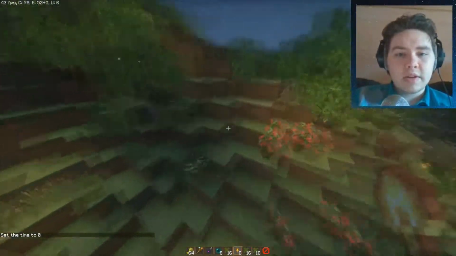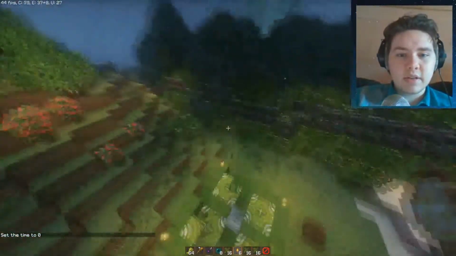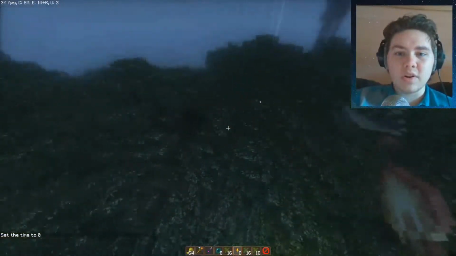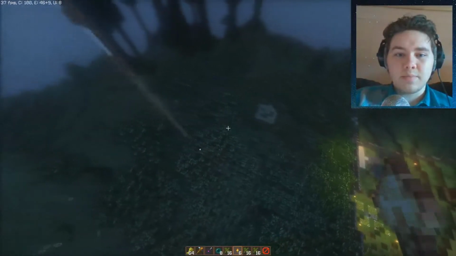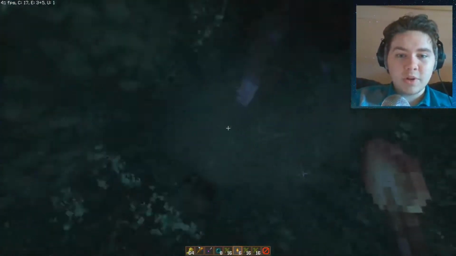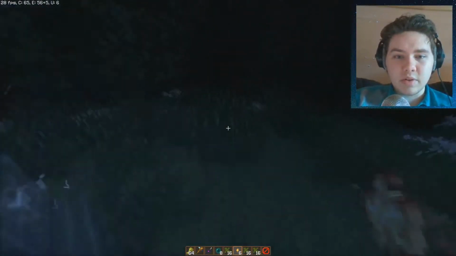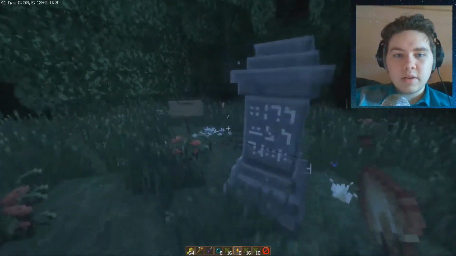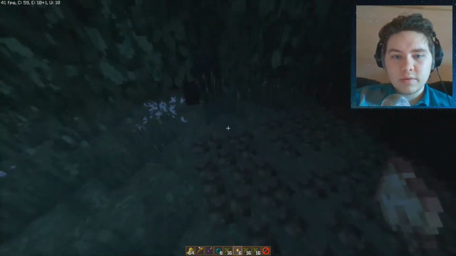You can see when you're looking at it in the daytime, it just kind of looks like a lot of trees. You don't really notice that it's actually a perfect square. It's actually a ruins spawn. Why is it a ruins spawn, you might ask? Well, because I was exploring around a little bit, and you can actually see that over here in the corner